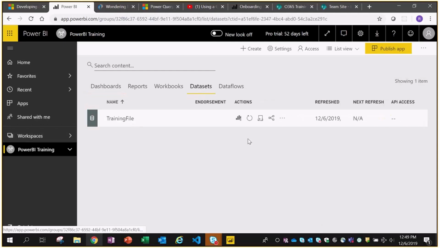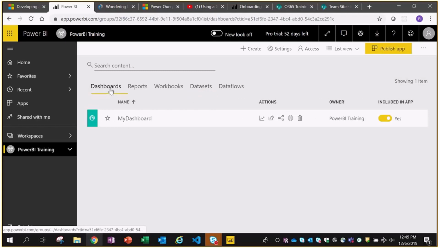Rahul, do we need to publish this as an app or not required? Not required basically. You can publish it as an app if you want to again share it, but then